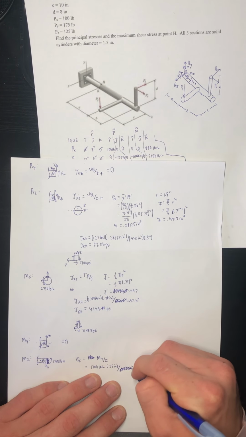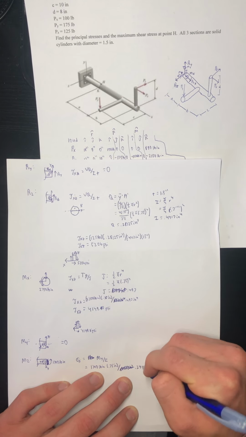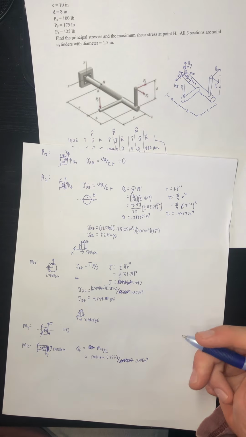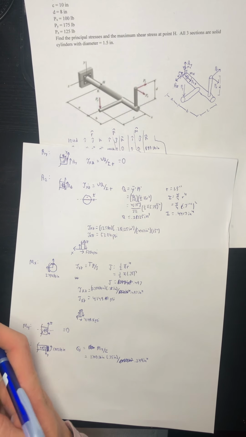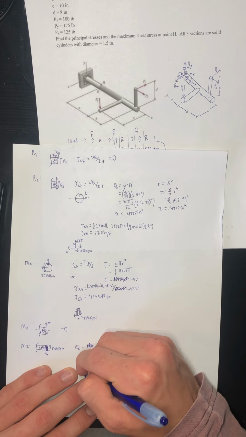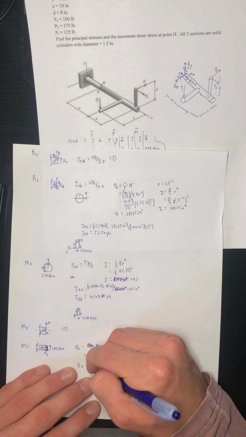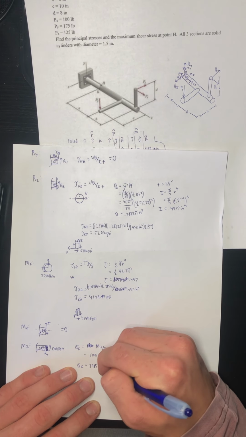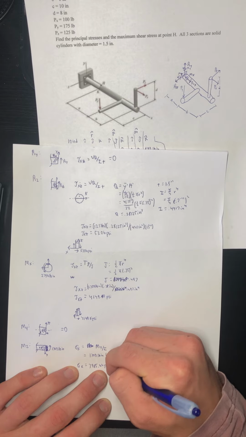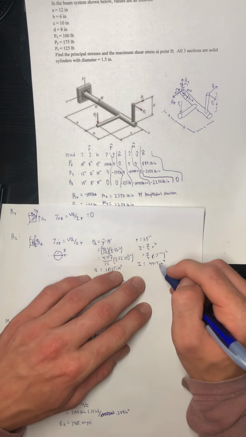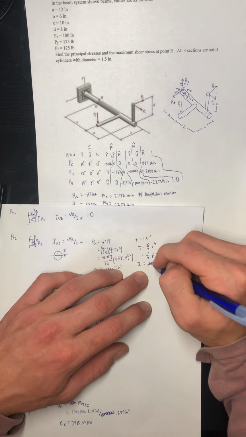So our I value is actually 0.249 inches to the fourth. I thought that there was something wrong there. 1300 times 0.75 divided by 0.249 inches to the fourth. So that gives me a sigma x equal to 3915.66 psi. Okay, so going up here and just correcting this, my I value is equal to